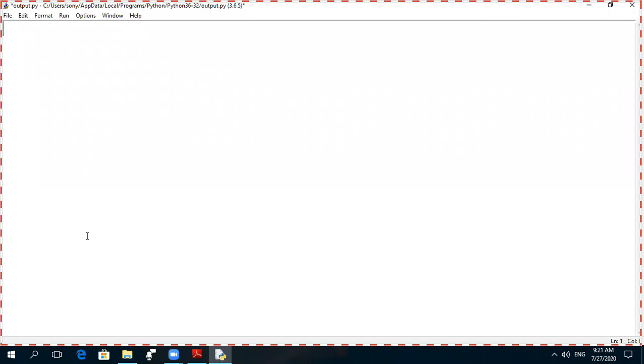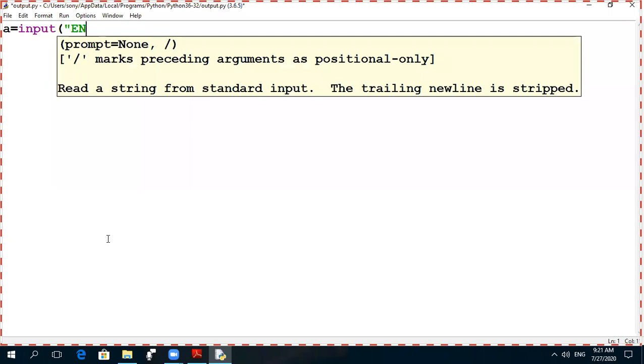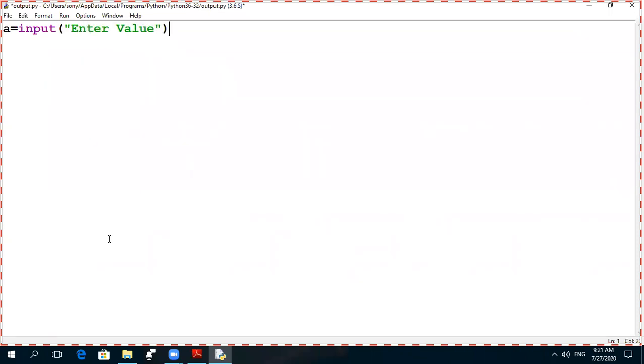Remove this program and type A equals to input, single quotes, enter value. Now B equals to A divided by 2.